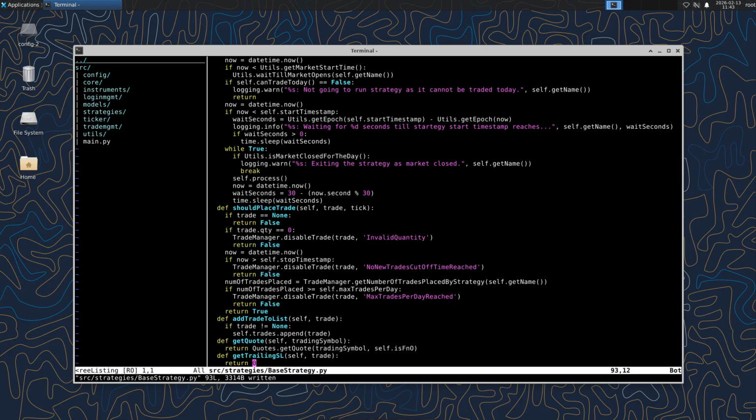And consults trade manager.get number of trades placed by strategy to enforce max trades per day, disabling the trade if the daily limit is hit. Only when all these checks pass does it allow placement. Add trade to list is a small helper that appends a non-null trade into the strategy's local trades collection that